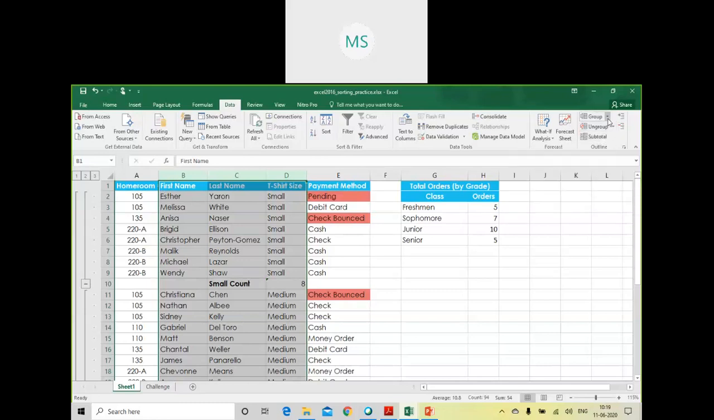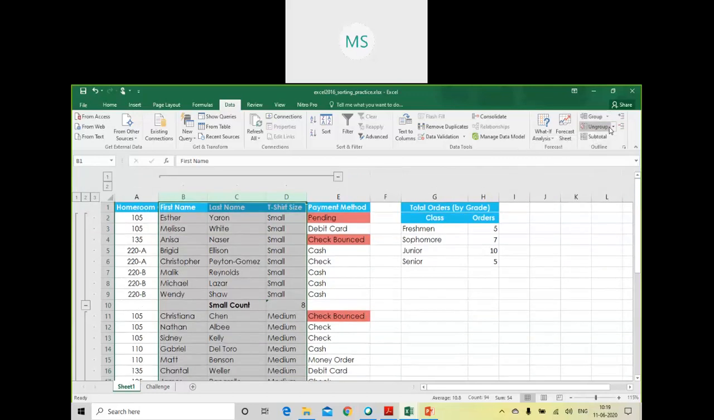The moment you click on group, what happens? It provides you this option to group. So the moment you click on group, just see what happens now. I have created a group. Okay. Now what it does, it creates a group here. As you can see, the group has been created